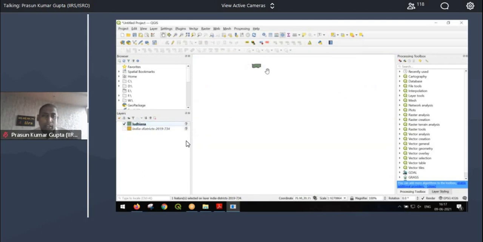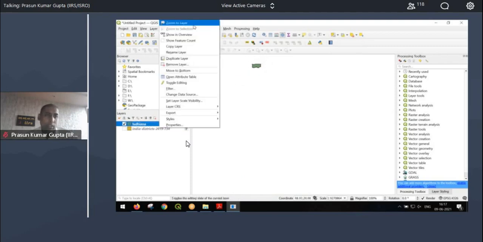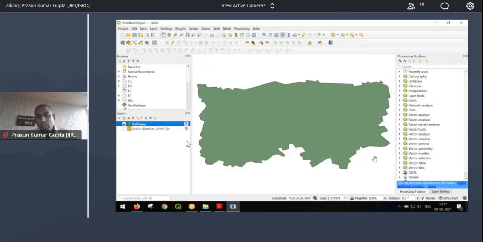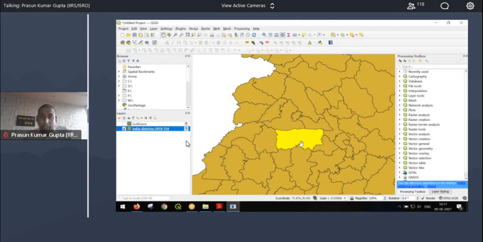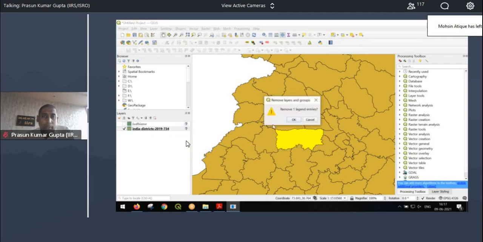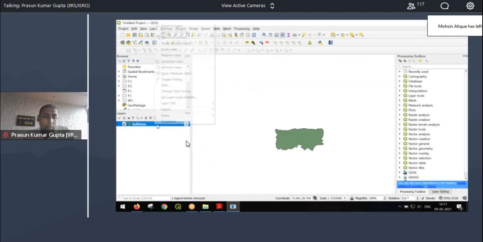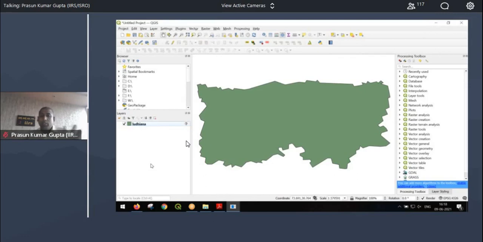You see it has created a new file which has only your district. Right click on this layer, go to zoom to layer. First option, zoom to layer. You will see that only your district has been extracted out of all the districts in India and shown here. Okay. So right now, this India district file has done away its utility. We don't need it. I'm just interested in this Ludhiana file. So I'll remove this file. And I am only interested in this Ludhiana boundary.